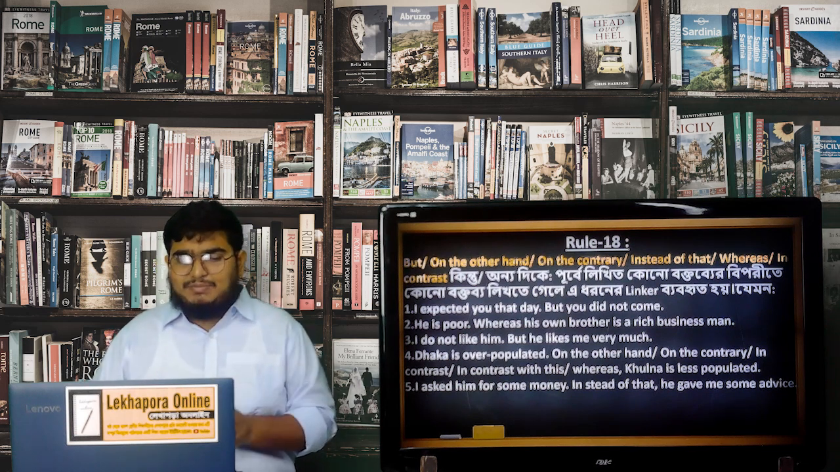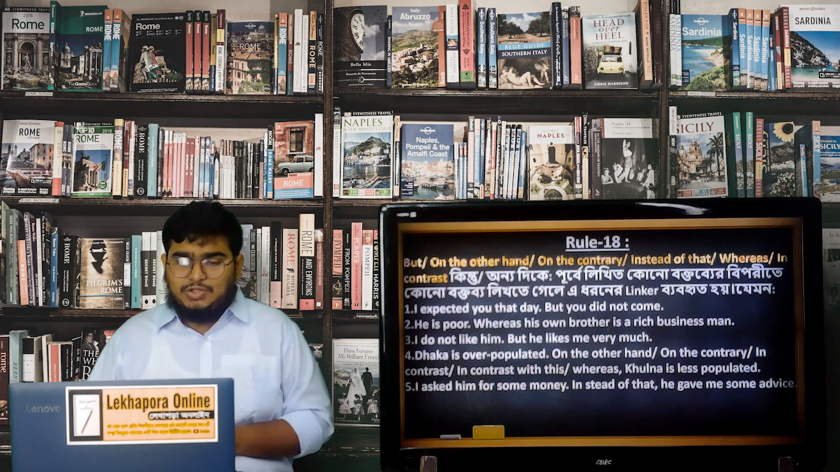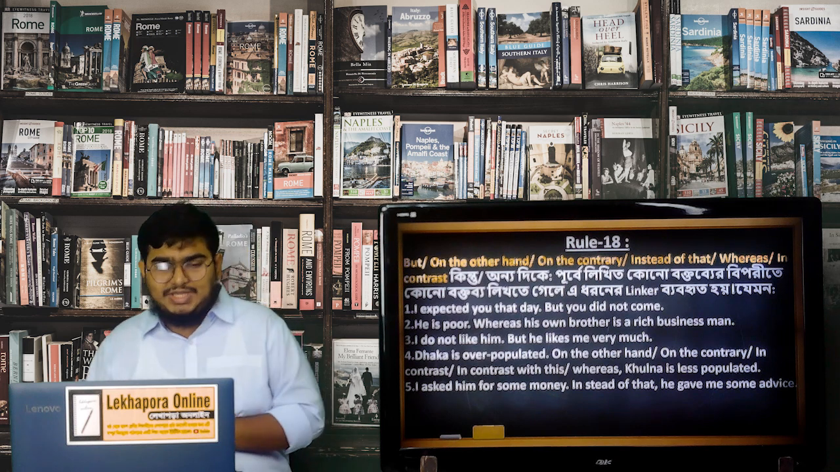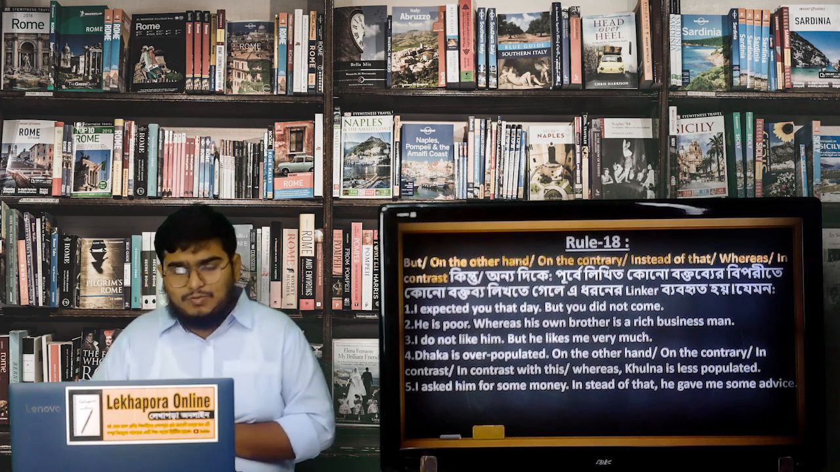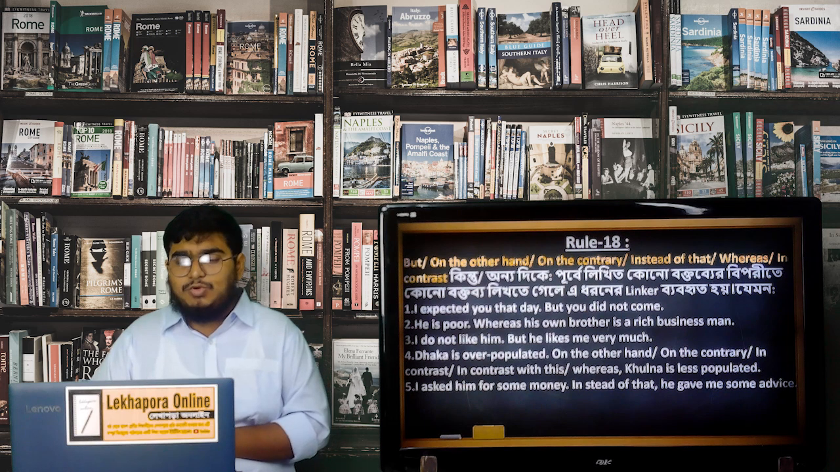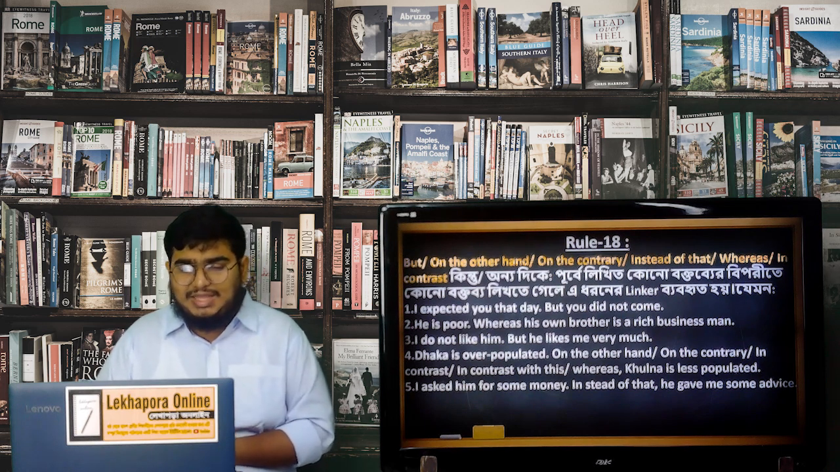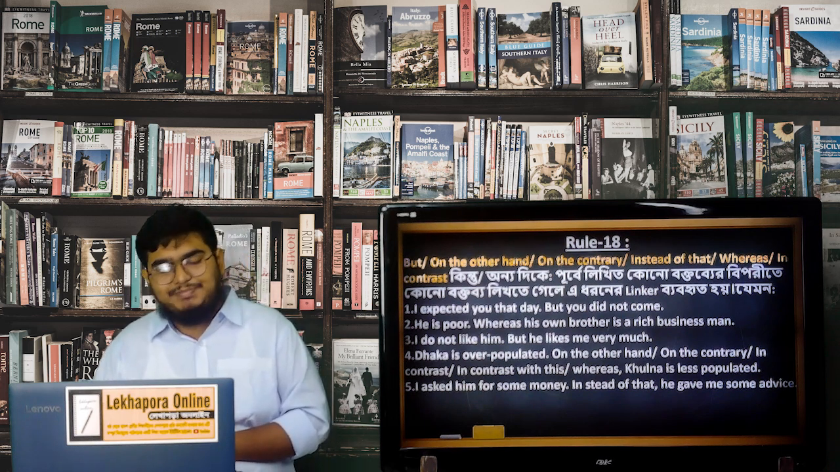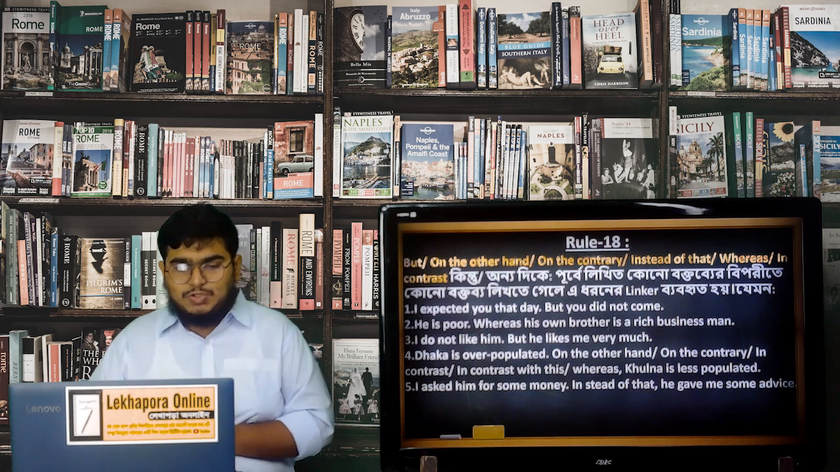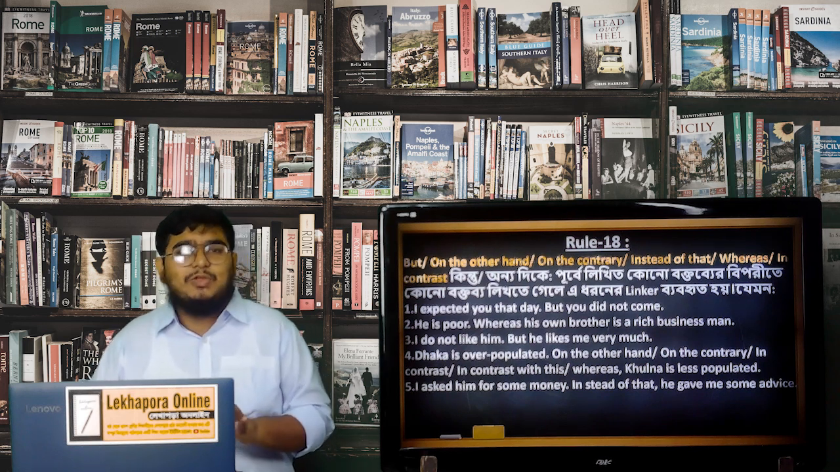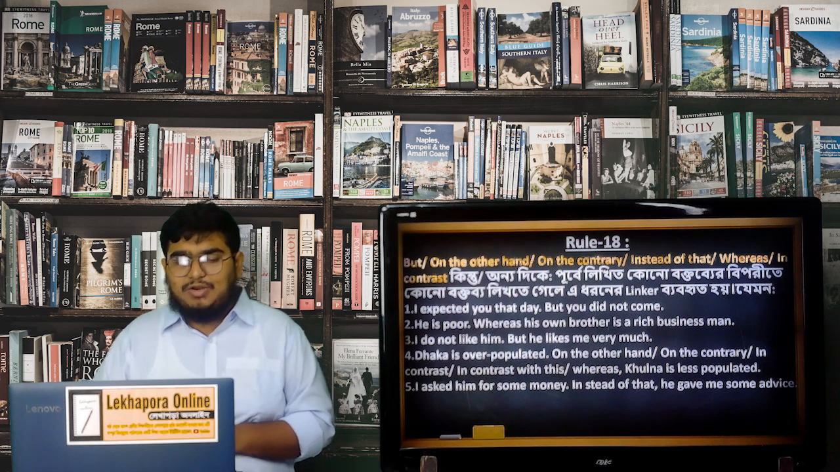So if we learn it in Bangla, "but", "on the other hand", "on the contrary", "instead of that", "in contrast" mean "কিন্তু" বা "অন্যদিকে", ঠিক আছে? তো এটা কোন কাজে ব্যবহার হয় দেখো, পূর্বে লিখিত কোনো বক্তব্যের বিপরীতে কোনো বক্তব্য লিখতে গেলে এই ধরনের লিঙ্কার ব্যবহার হয়। আচ্ছা, যেমন দেখো এখানে কিছু উদাহরণ দেওয়া আছে।